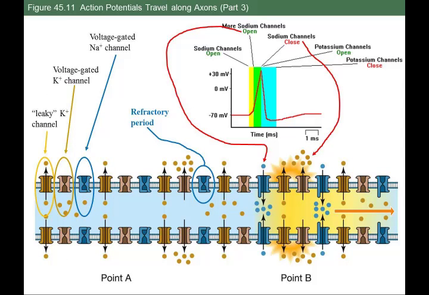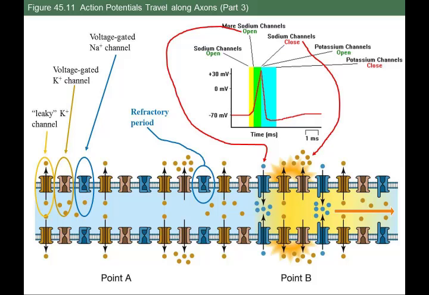And again, we went over this, but this is just sort of what the conformation of those all-important ion channels look like during different points of the action potential. So we have our leaky, always open potassium channel, we have our voltage-gated potassium channel, and then we have our voltage-gated sodium channel. So during the depolarization stage, the time when we're going from -70 to much more positive membrane potentials, the sodium